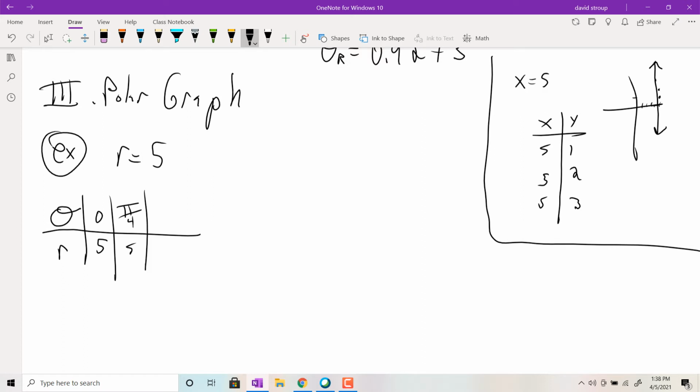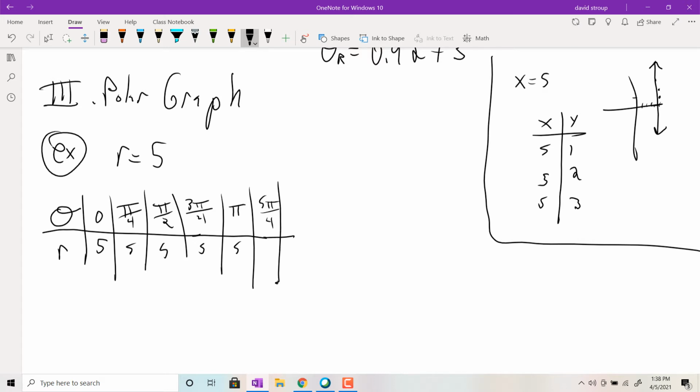It's 5, pi over 2, 5, 3 pi over 4, 5, 4 pi over 4 gives you 5, 5 pi over 4 is 5, 6 pi over 4, which is 3 pi over 2, is 5, and then 7 pi over 4 is 5. It's kind of the most boring graph in the universe, but